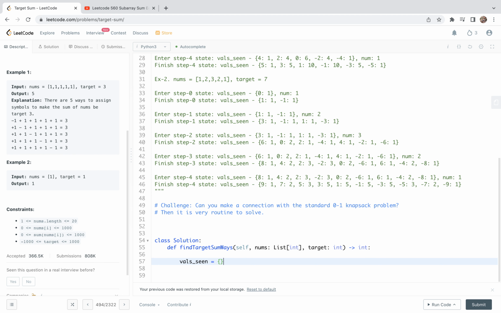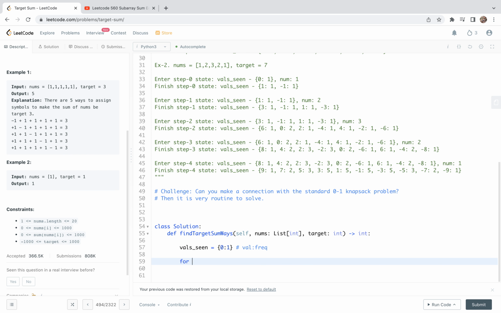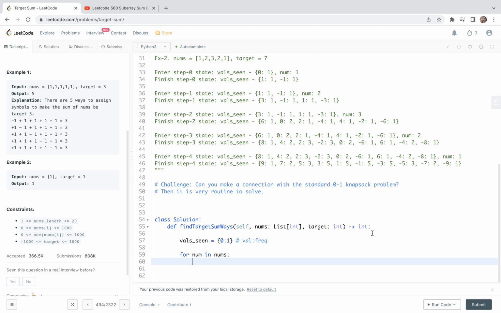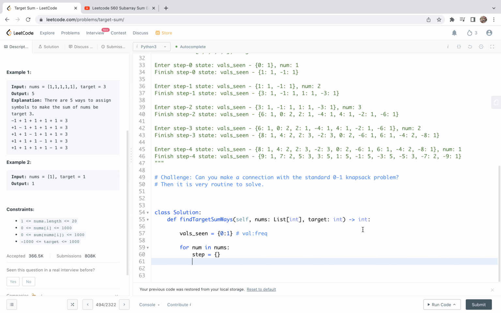So with that said, let's look at the code here. First, I'm going to initialize a values_seen dictionary. We initialize with 0 with frequency 1. Here again, these are the values we have seen and their frequency. Then we are going to iterate the nums array, for num in nums. Then we're going to initialize a temporary variable called step, which is used to reset the state of values_seen dictionary